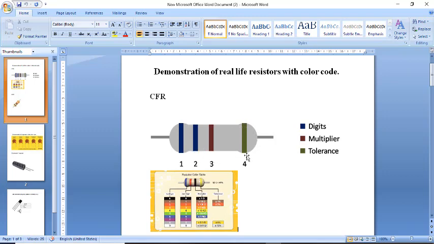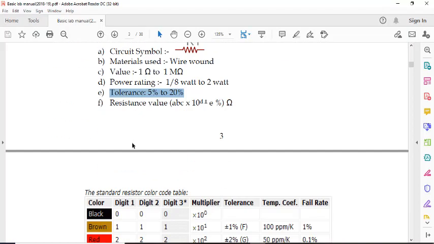If you identify the tolerance band, you can identify the first color digit. The opposite side of that color band should be the first color digit. Here blue will be the first color digit, and this one will be the second color digit. It can be any color; here in the picture it is blue. Then the third will be the multiplier. For the value, if you check the chart, you can easily get the result.